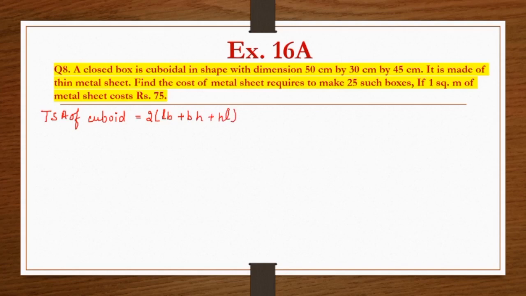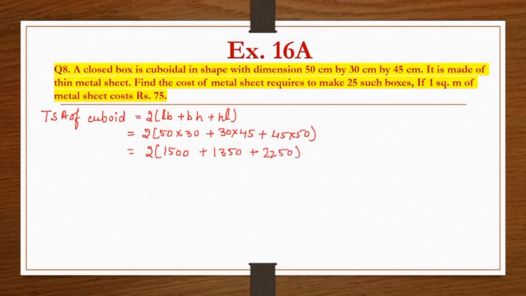Now put the values, 2 as it is. L is 50, B is 30, plus B 30 and H 45, plus H 45 and L 50. Now solve all these. 2 as it is. If you solve this, you will get 1500. If you solve this, you will get 1350. And if you solve the last, you will get